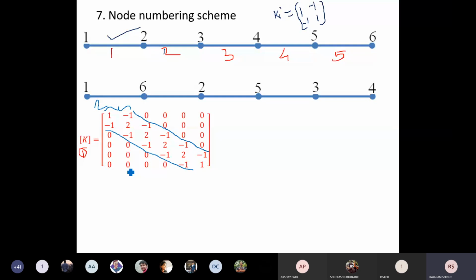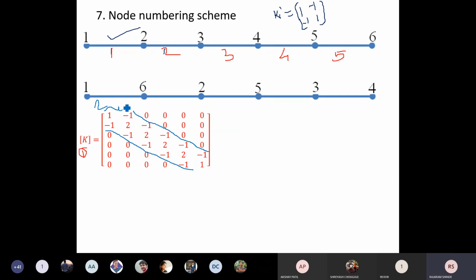So these zero elements are not necessary to store in the stiffness matrix. That means when the stiffness matrix is stored in software, it stores only the non-zero elements within the bandwidth. Therefore, for the zero elements, it is not necessary to store them. Okay, by using that only, software can solve the equations. Okay, do you agree with this?